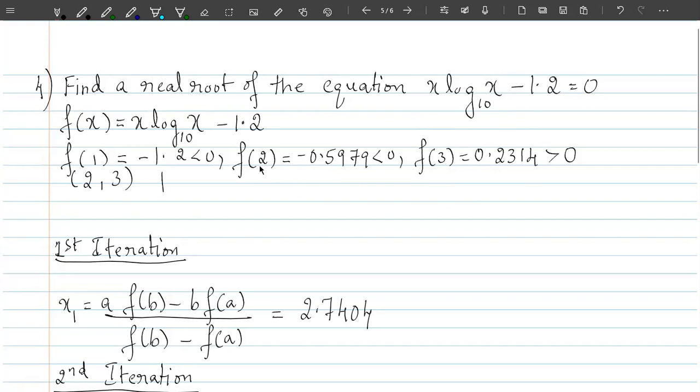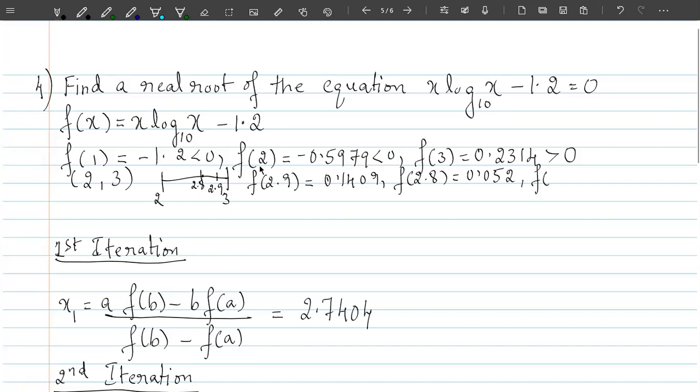So if you take this scale 2 and 3, what we have to do is we have to take the number which is close to 3. So I'll take say 2.9. If you calculate f of 2.9, your answer is 0.1409. Again a positive value. So what do we do? We take another value here, that is 2.8. So f of 2.8 is nothing but 0.052. I can't make any interval here because I'm not getting different signs.